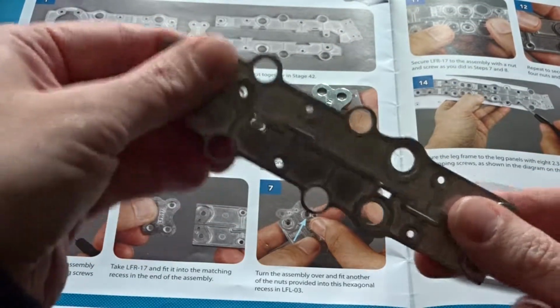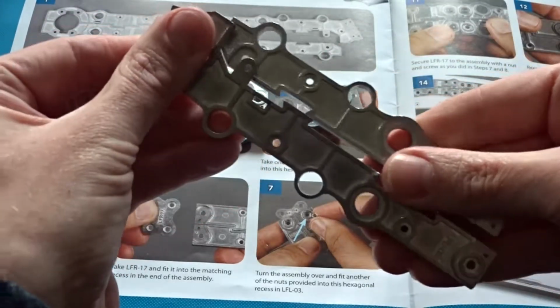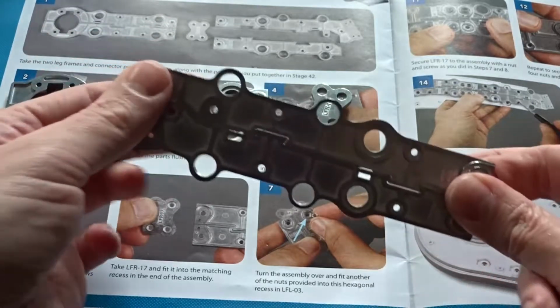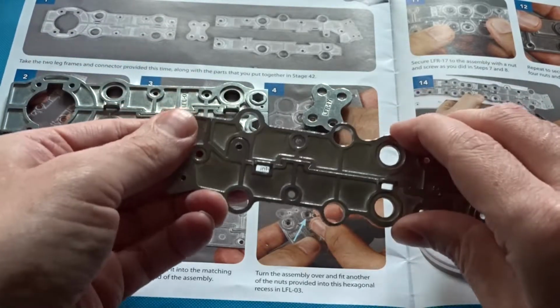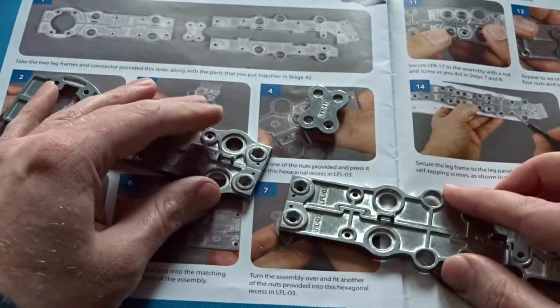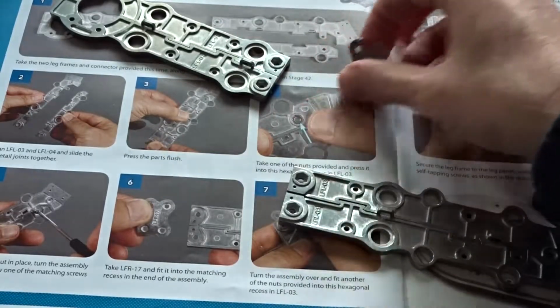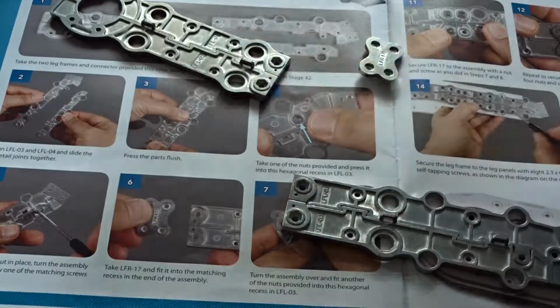Okay, it goes from the underneath basically, so this bit sticking out, that bit, that goes on top. Okay, there we go. Perfect. Now they're all lined up nicely. They have to be up that way. I knew that. Okay, you have to match them all up. Blah, blah, blah. We know that. They're taking you through step by step here. And this is where you're grabbing all your...